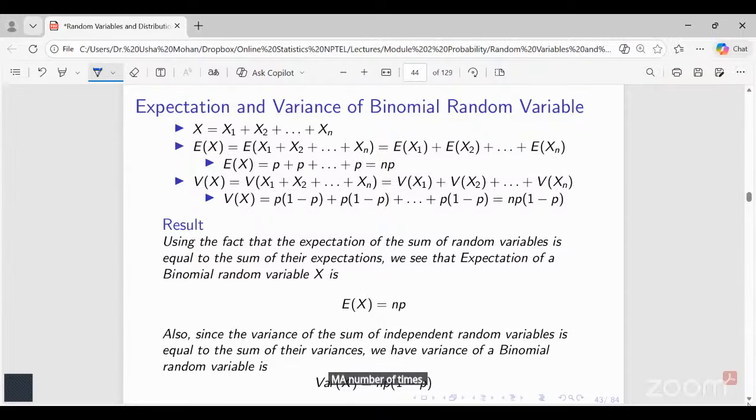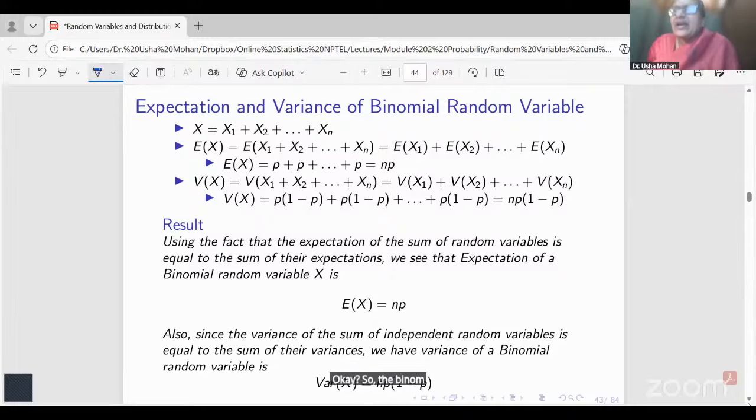Yes, ma'am. Okay. So the binomial random variable, the two key things that we need to understand is IID, independent and identical. And then the parameters of the distribution are n and p. The probability mass function is n choose i, p to the power of i, 1 minus p to the n minus i. Expectation is n into p. The variance is n into p into 1 minus p. Till here is it clear? Binomial is a very, very important distribution. Is this clear?